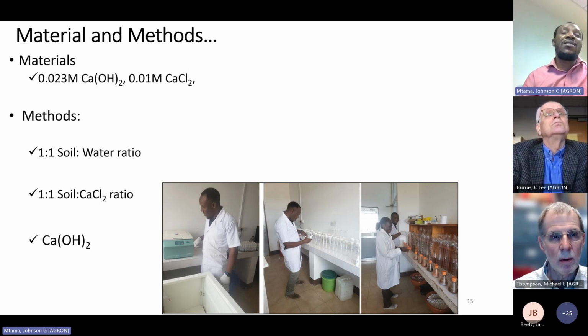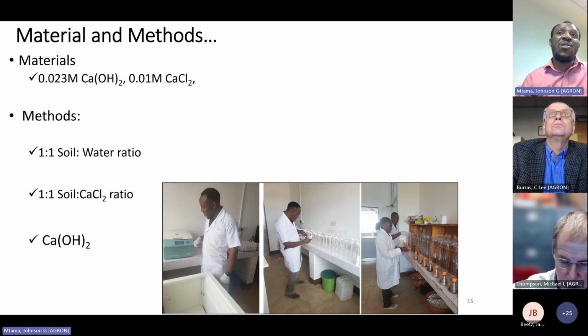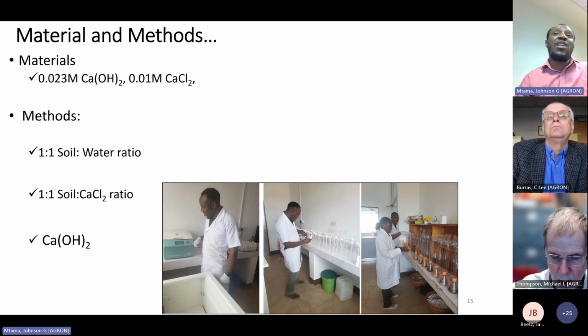And this is the method that is aimed at characterizing the reservoir acidity of the soils. The reservoir acidity is a very important factor in characterizing soil or in devising lime amelioration intervention in the agroecologies, because this expresses the amount of the exchangeable acidic cations present in the exchange sites. And it's very important to address these exchangeable acidic cations in the exchange sites for us to have an effective lime